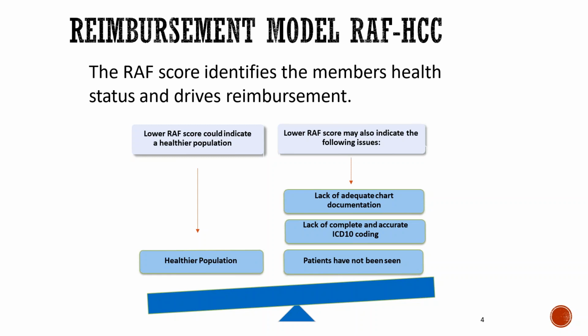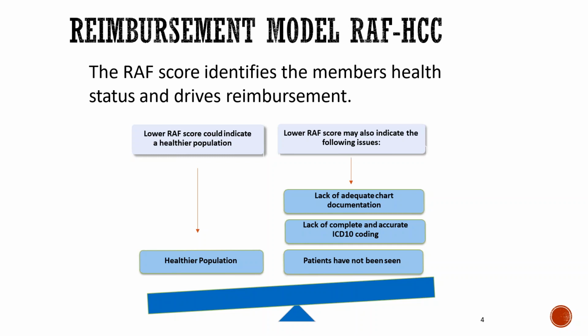A general Medicare patient is about a 1.0, maybe a little bit over. Anything above 1.0 would be a sicker, more complex patient, and less than 1.0 would be a less sick patient. So if a patient has a lower risk score, again, that could indicate that they're slightly healthier,